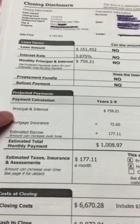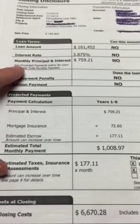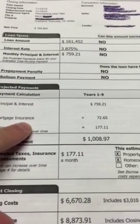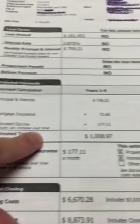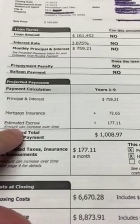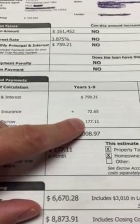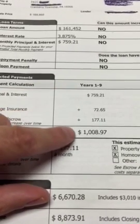Now, how do your payments work? How do you project your payments? So, you know you're borrowing that amount there. Your monthly principal and interest of $759.21 is right there. Now, like I said earlier, there's mortgage insurance of $72.65 a month. Their estimated escrows, and keep in mind with escrows, your taxes and insurance, they can certainly increase over time, so they do tell you that. But initially, it's going to be $177.11. So their total monthly payment is going to be